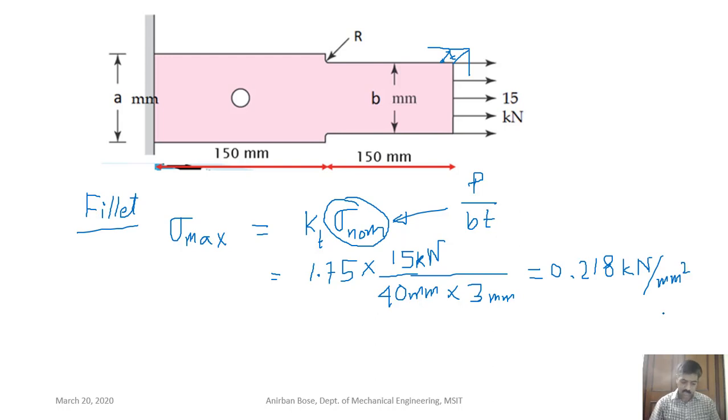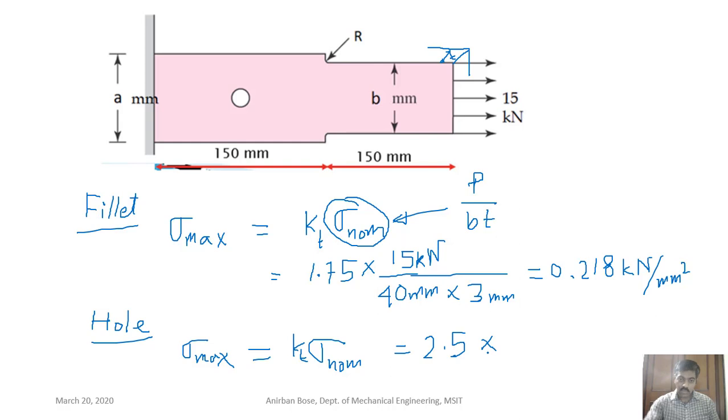So this is the maximum stress that is coming considering the fillet. Now if you consider the hole in a similar way, let us do it quickly without much explanation, because you have understood, I hope. That is again Kt into sigma nominal, and sigma nominal is what? That is P divided by what is the Kt value that we have seen, that Kt value is 2.5 for the hole,